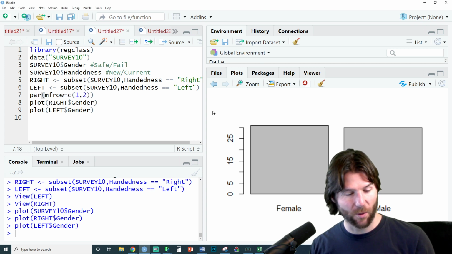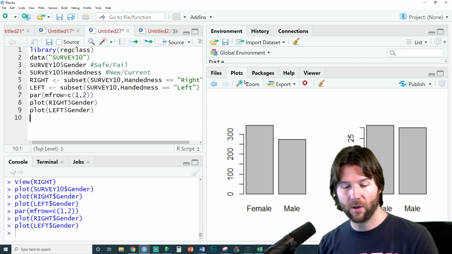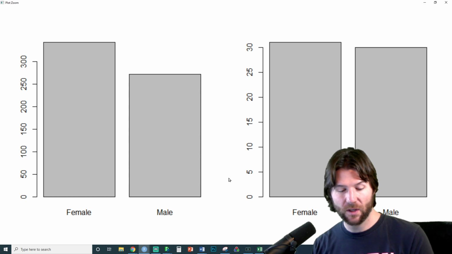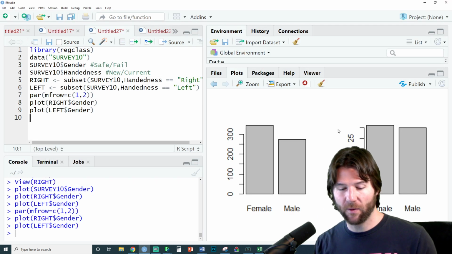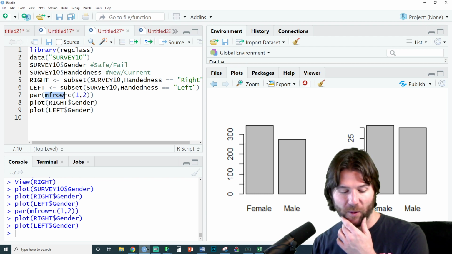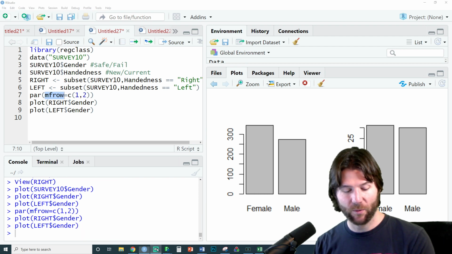Well, someone's saying it's not working. They've got an error with it, so I shouldn't take their code there. Oh, there we go. So we put them side by side. Now we need to clean this up. There's a difference. I need to be careful here. This is not properly labeled, but there it is. It's par mfrow. So I should learn what that's an abbreviation for. It'll help me remember it when I have to know the code. You can always look up code. If you know what to Google, you can really find your code.